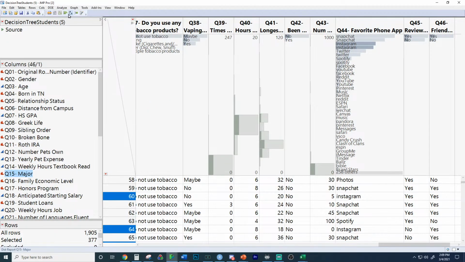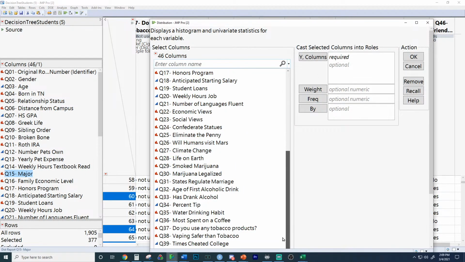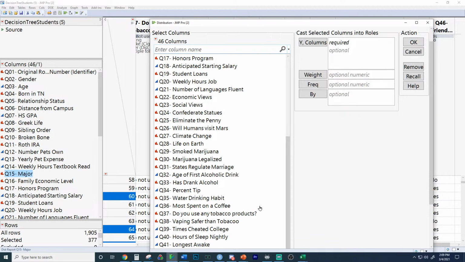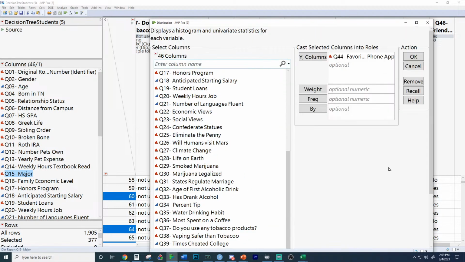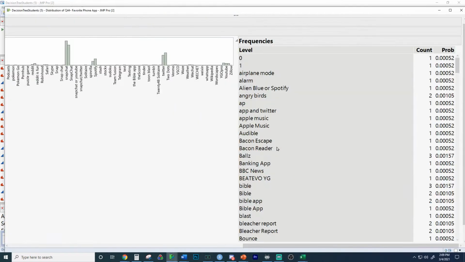Oh, I did the wrong one. I did major. Analyze distribution. Why do I have major still selected? I want to do favorite phone app. Favorite phone app. There we go. And here we go. So when we look at this,